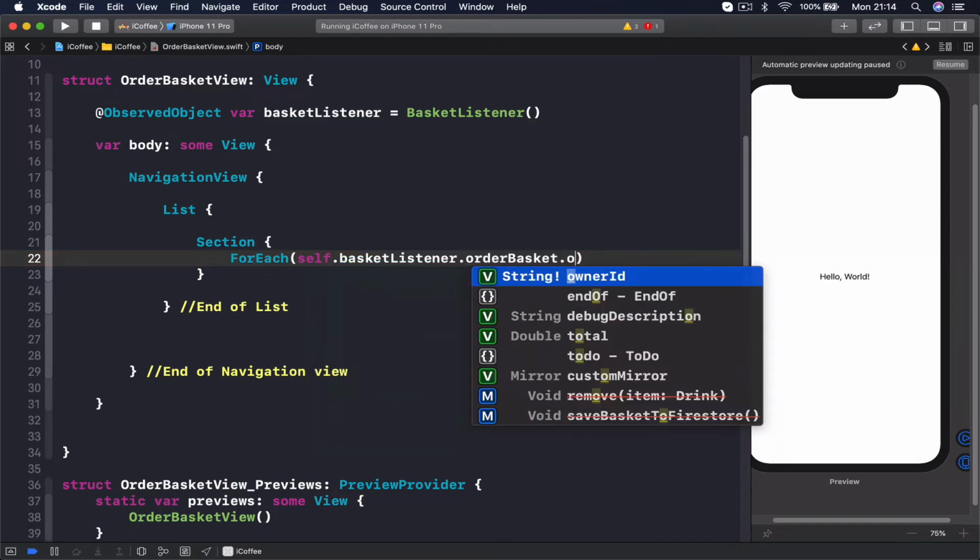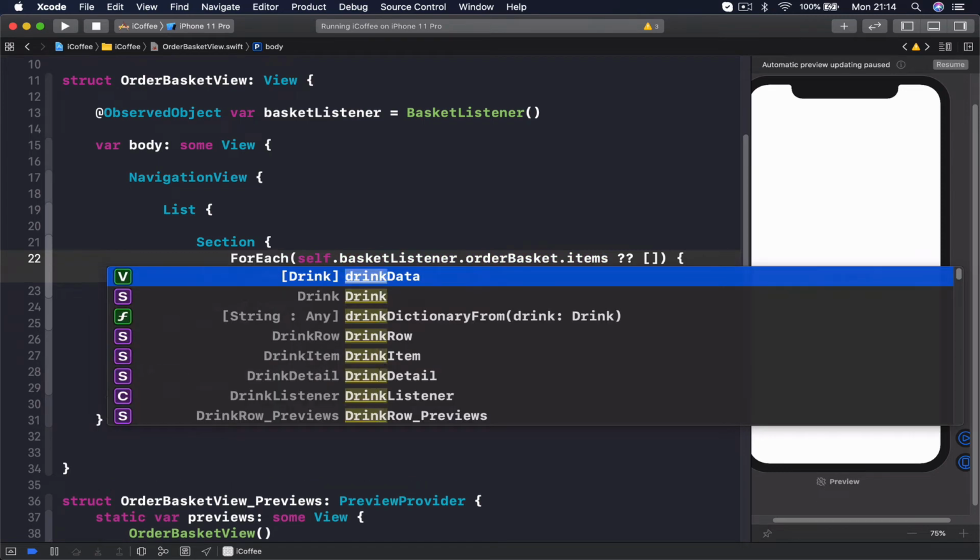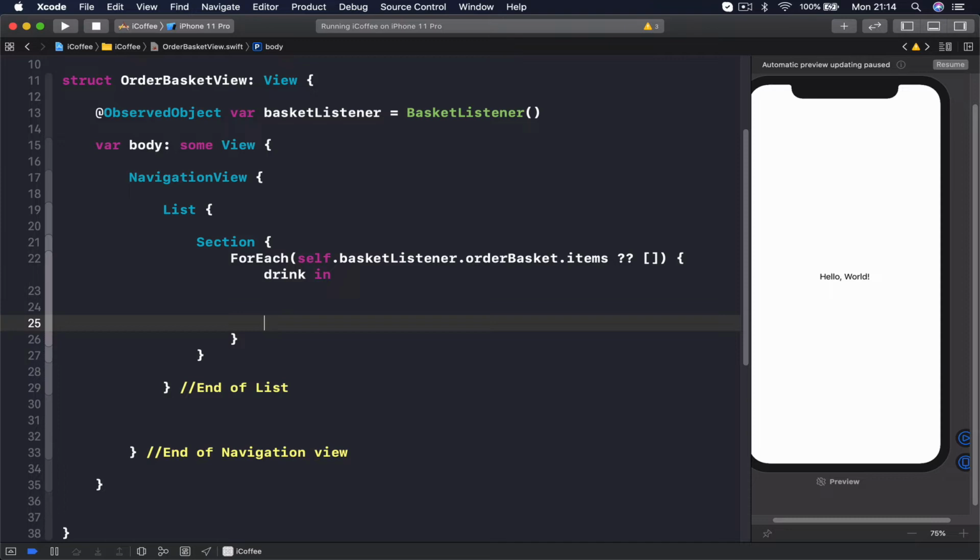So I'm going to say items. Remember, each basket has items. Or if it's nil, we're going to put an empty array here. And then I'm going to say drink in. So for each item in my basket items,